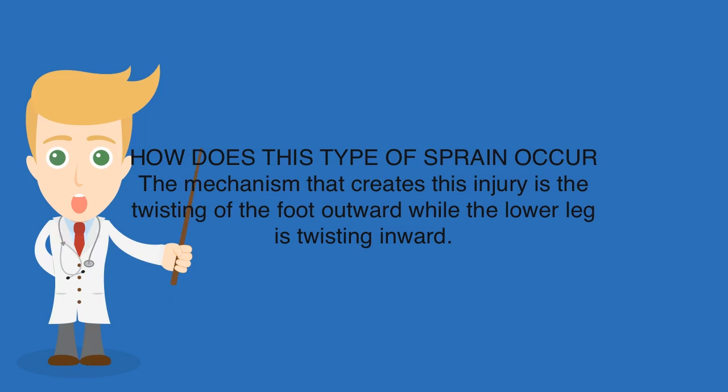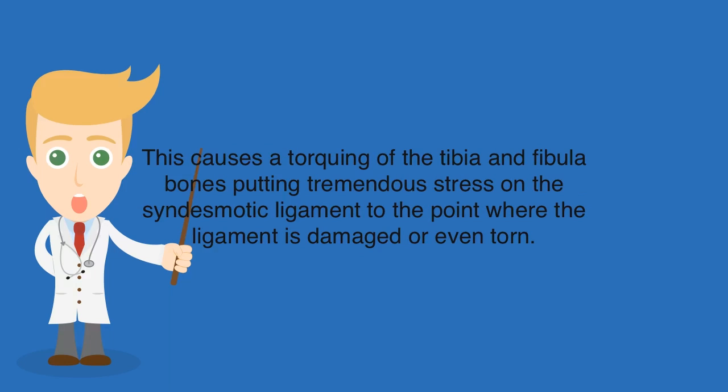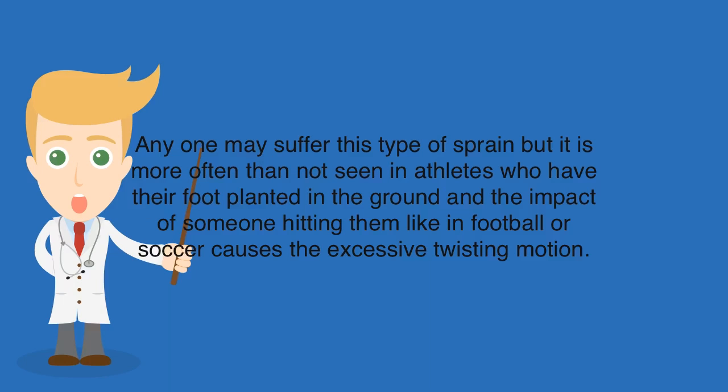The mechanism that creates this injury is the twisting of the foot outward while the lower leg is twisting inward. This causes a torquing of the tibia and fibula bones, putting tremendous stress on the syndesmotic ligament to the point where the ligament is damaged or even torn. Anyone may suffer this type of sprain, but it is more often than not seen in athletes who have their foot planted in the ground and the impact of someone hitting them, like in football or soccer, causes the excessive